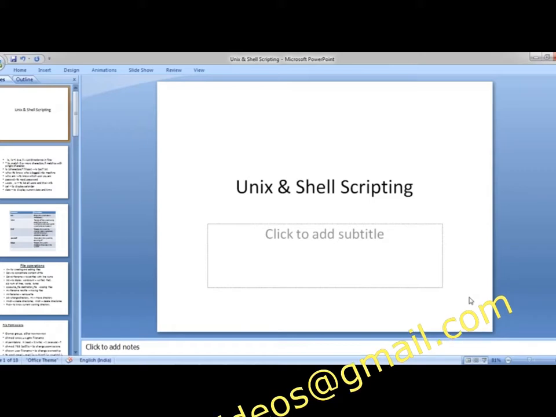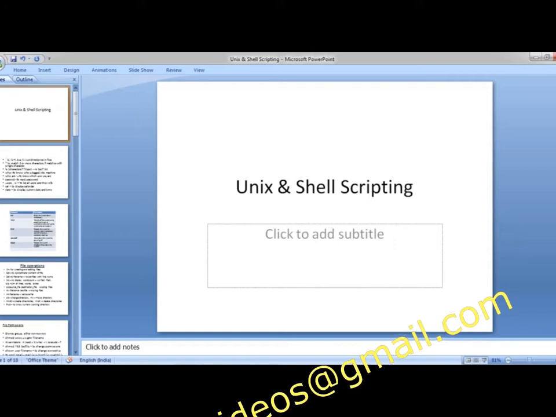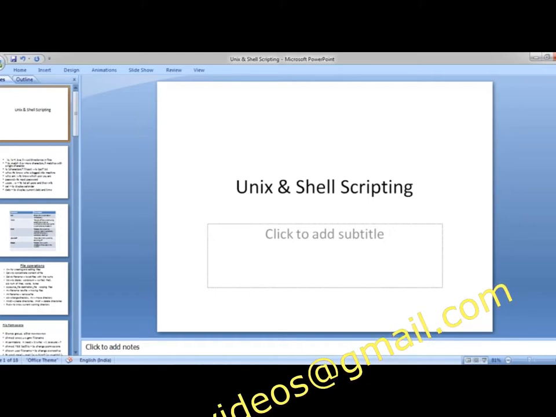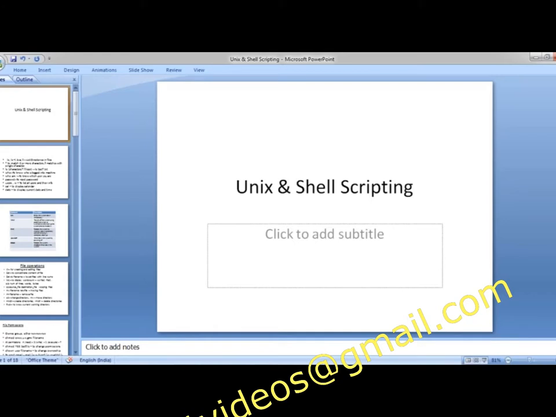So now we have different sets of Unix commands. Say you want to do a simple operation: go to a specific folder, create a file there, write a small line inside it and close it. For this, you have to take the help of a series of Unix commands, which need to be followed in a particular order.